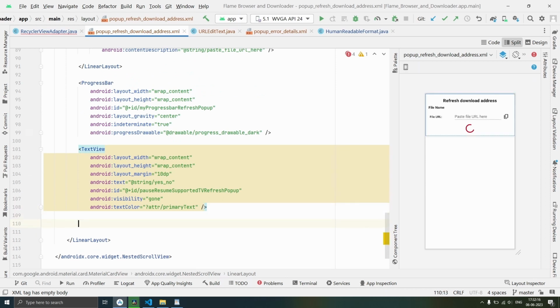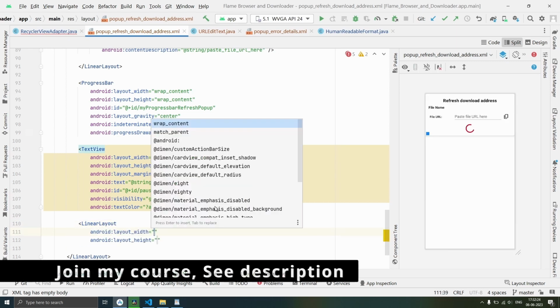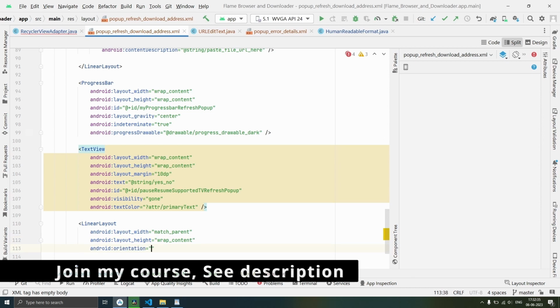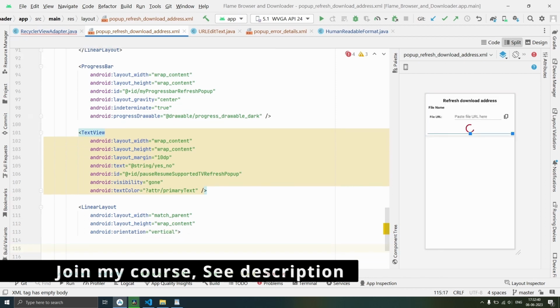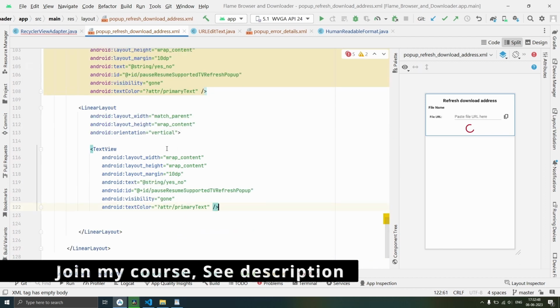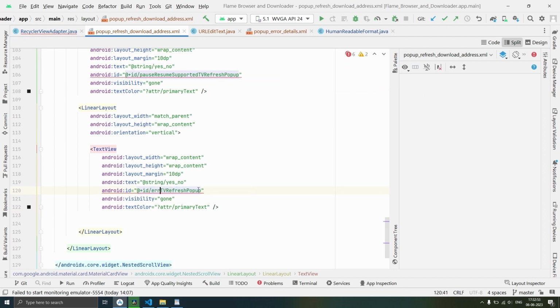Now after that text view, we will add linear layout with the layout width match parent and height wrap content. We'll set its orientation to vertical. In that linear layout, just copy paste the entire upper text view tag one more time. We'll give it id error TV